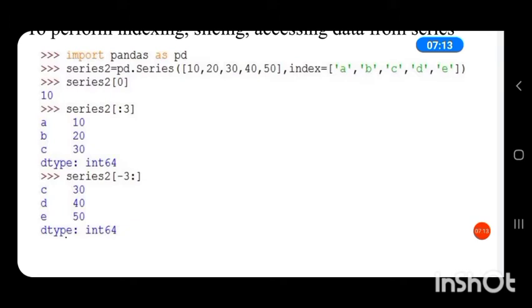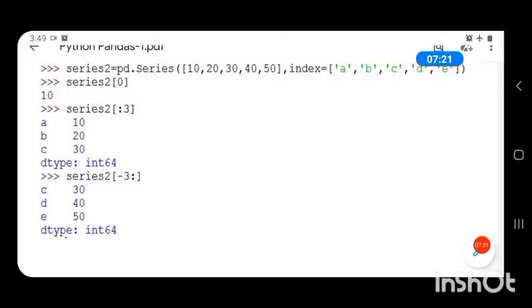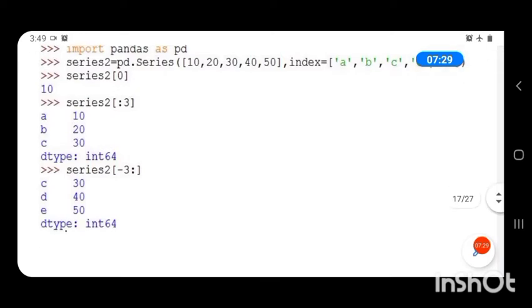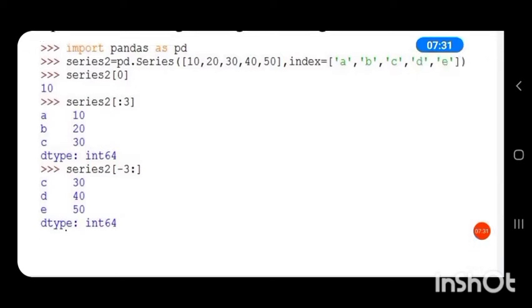If it is minus 2, it will take the last 2 values. So you all know minus indexing starts from minus 1: at minus 1 position 50, at minus 2 40, at minus 3 30. So the starting position is minus 3 and from minus 3 three values will be taken.